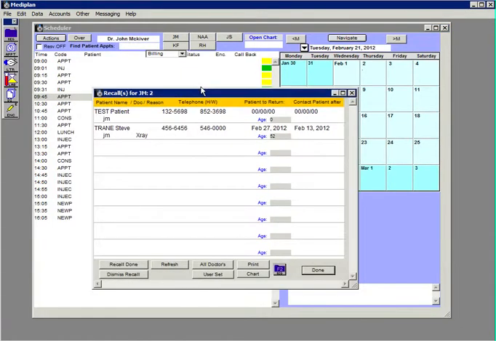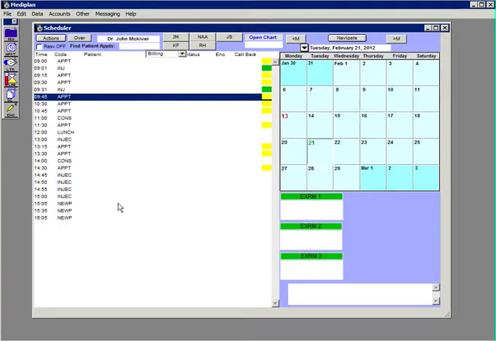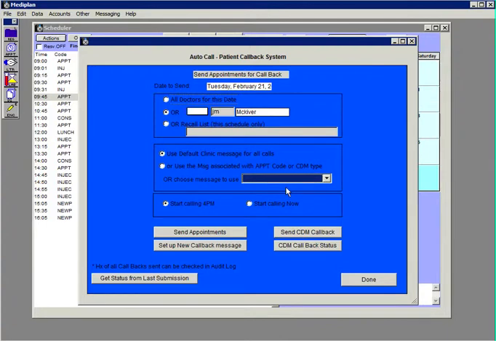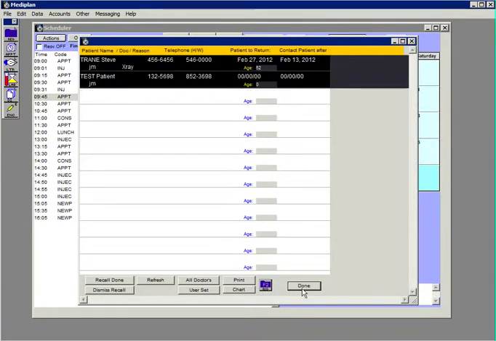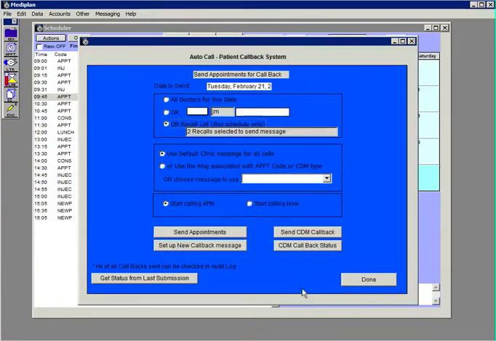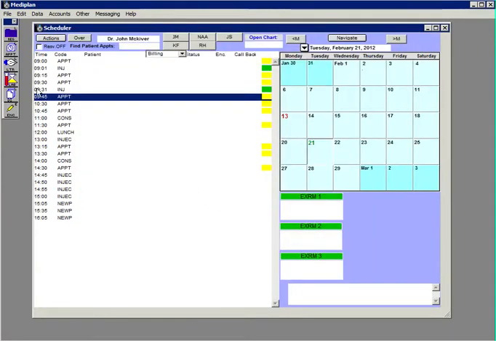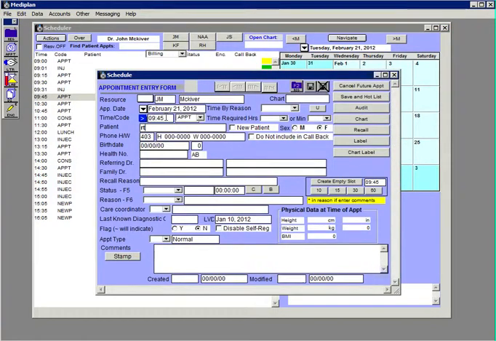The recall list can also be used with our callback system. If your clinic subscribes to our callback system, messages can be created such as, this is your clinic calling to inform you that Dr. McIver would like you to call and schedule a follow-up appointment. And how that would work is under our callback system, you can create a message called, for example, recall, and then you would go to the recall list and you can say, I want to call this person and call this person, kind of putting the onus on the patient to call you. And then as they're booked, they'll call and say, I've got to call to book a new appointment. As you go to book them the appointment,